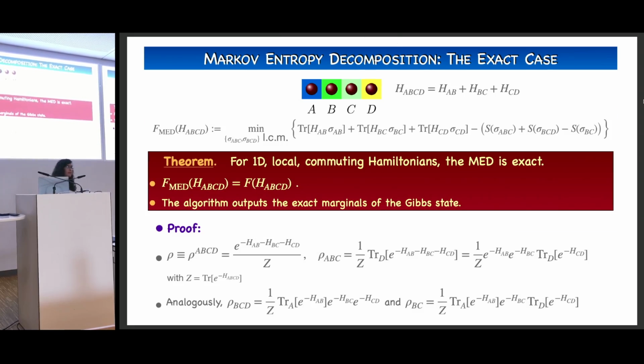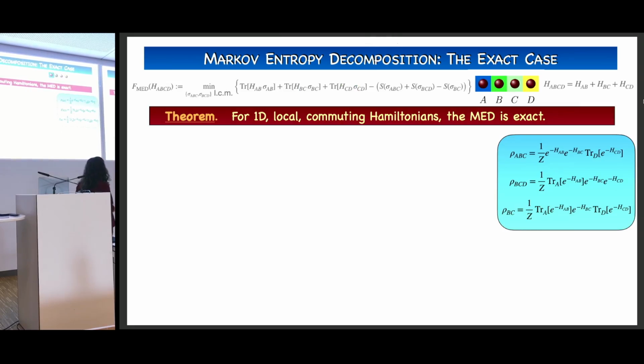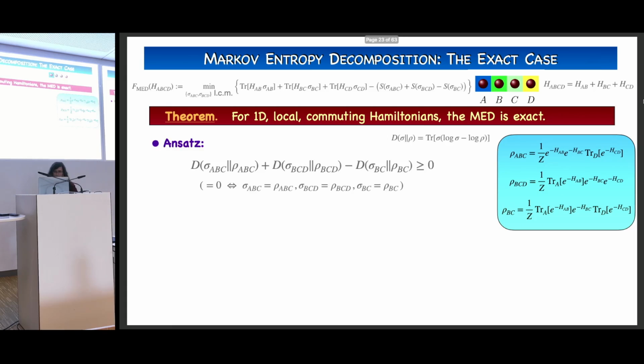And now what I will do for a second is write them in this box so that we don't forget how they look. And now I will consider an ansatz. And the ansatz I will consider is the following. I have the sum and difference of these three relative entropies for any pair of states, rho and sigma. And what I know is that this is always larger than or equal to 0. You can see this, for example, by taking the data processing inequality in the difference between these last terms, and here just by using positivity of this relative entropy, right? And on top of that, we also know that this is equal to 0 if and only if all these marginals coincide.